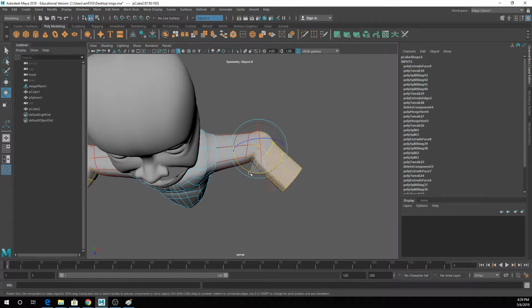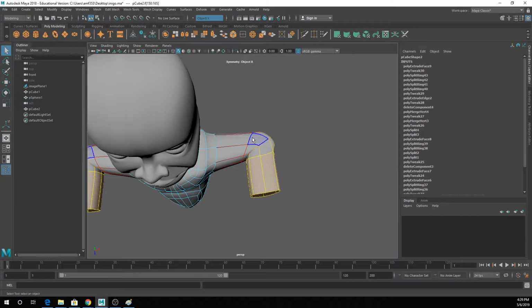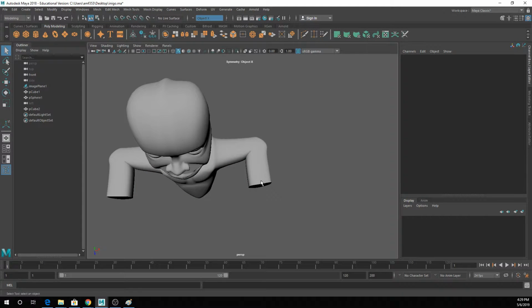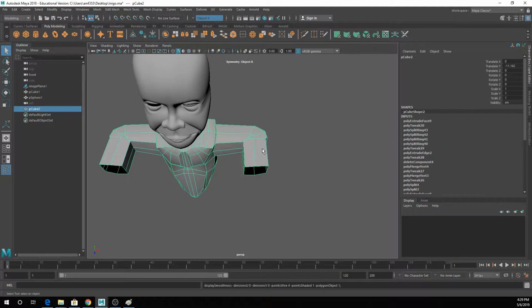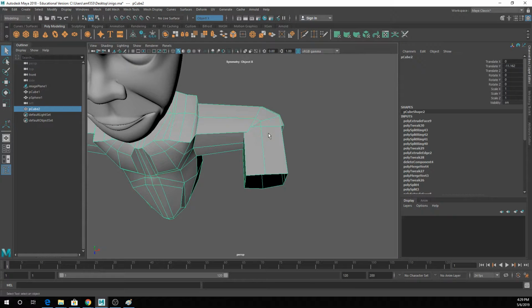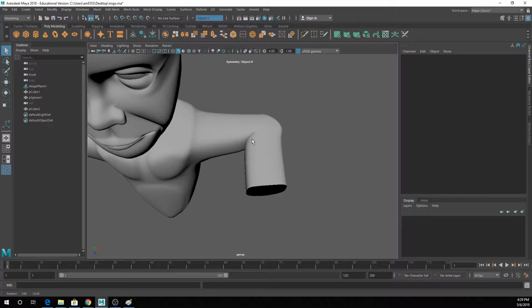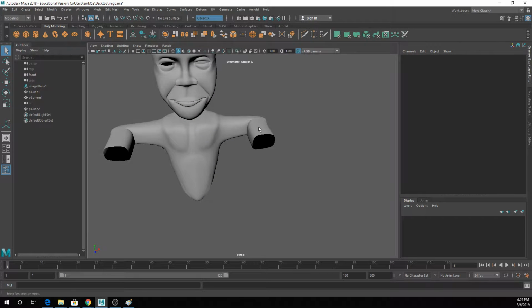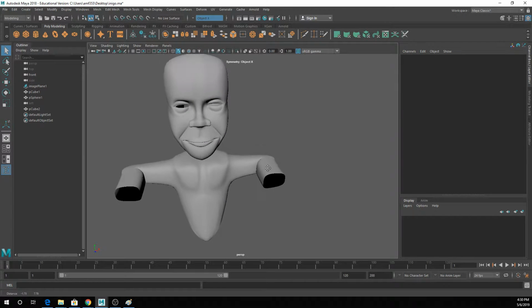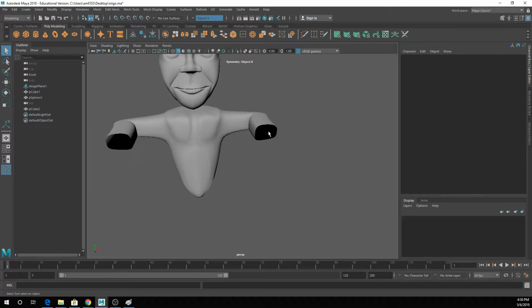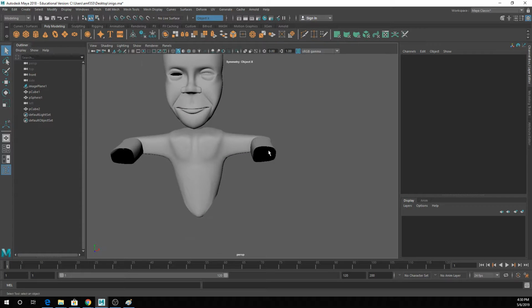So if I soft select and drag this, you can see that the arm bends a whole lot better than it did before. It actually isn't collapsing. It's clipping itself a little bit, but it's not crushing itself into oblivion. It's actually not a horrible bend. This is so uncomfortable. Dear God. Anyway,